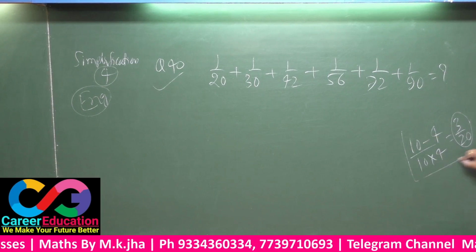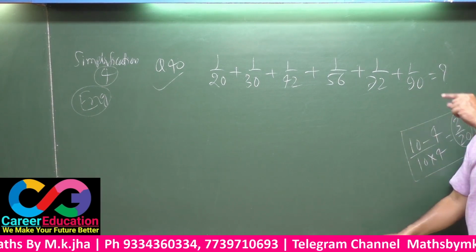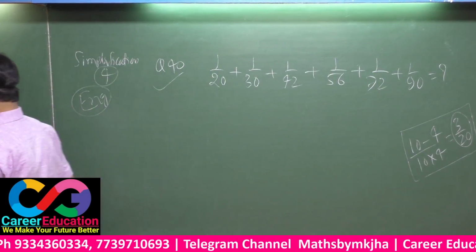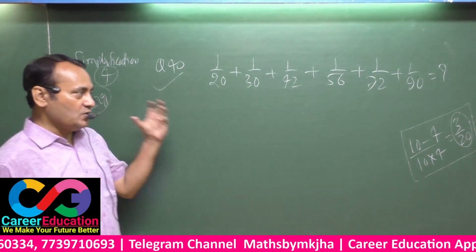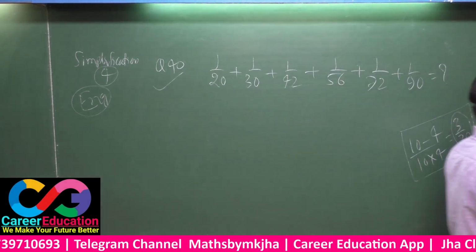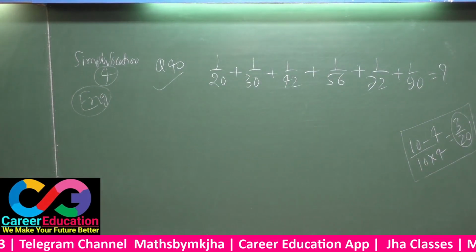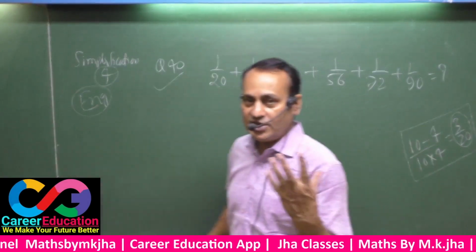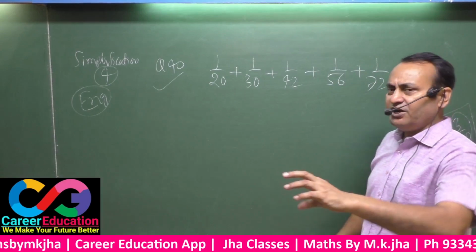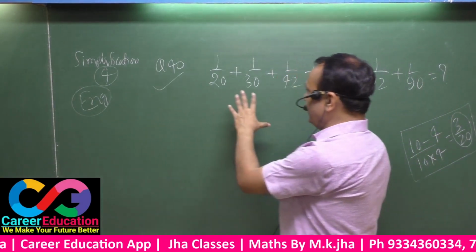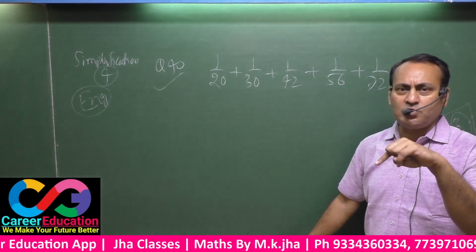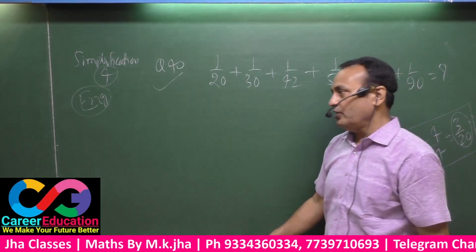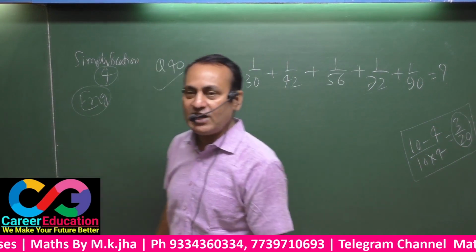See here, as I got the answer of this question within seconds, you can also get the answer within seconds. For this, you will have to solve this question through the basic way first, then remember the hidden points in this question. I am showing you the exact and detailed solution. There is one way to solve this question: get the LCM of all these and then calculate, but that method will kill your time extremely. Too much time will be killed.